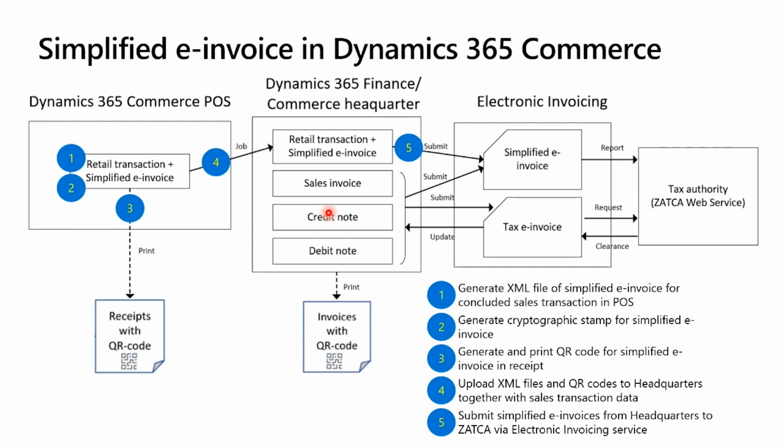And then we can submit those simplified e-invoices to authorities, again, using the electronic invoicing service. But in this case, the electronic invoicing service doesn't need to generate the e-invoice because it has already been generated, right? It just forwards or reports the XML file, the simplified e-invoice, to authorities, right? And receives back just a confirmation that the invoice is correct or not, right? So that's basically the difference in how electronic invoicing looks in Commerce as compared to Finance. Okay,